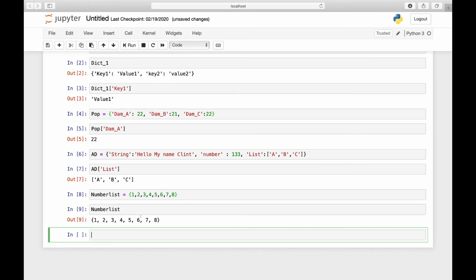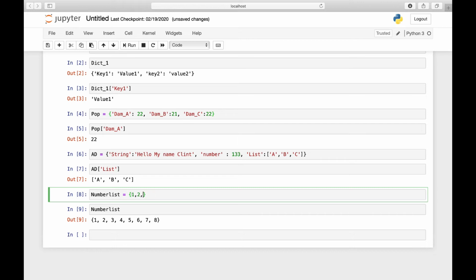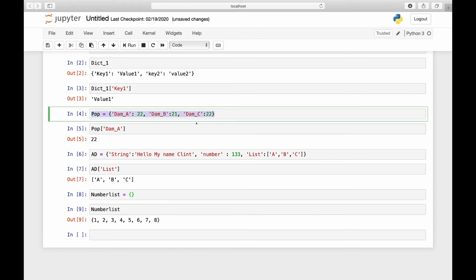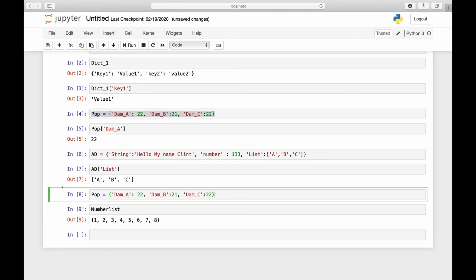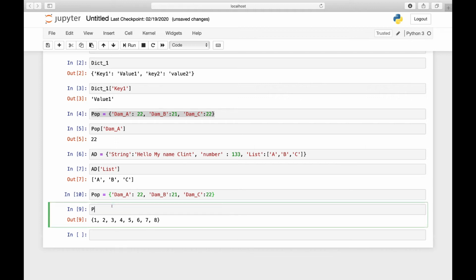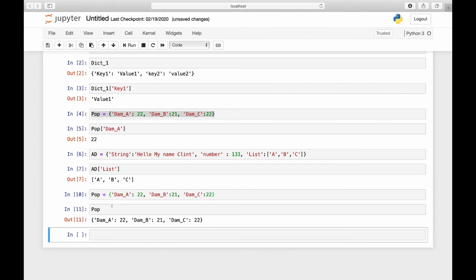What if we want to add something at the end? So we can do that by doing this. Let me clarify things. That is actually a list. What if we want to call this one? Let's use this example. Shift enter, and then whenever we call pop, we will have that. What if we want to add another class? So what we will do is pop,